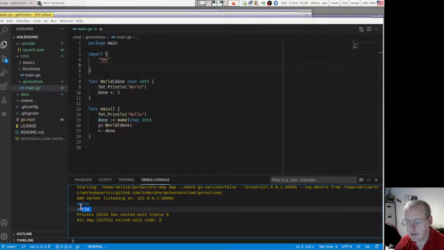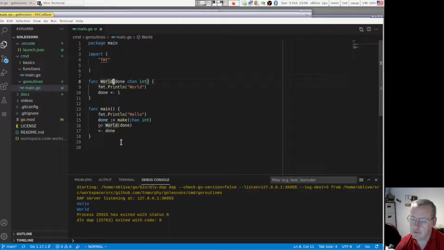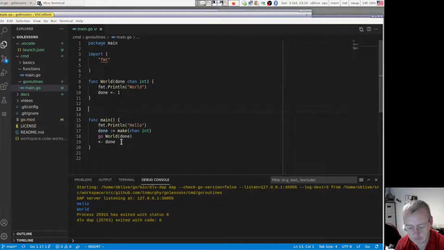Okay, we get hello world, which is what we expected. So, what would be a more useful goroutine? Well, there's a very easy example to use, which is quite simple and quite useful at the same time, which is called a ticker, which generates an event on a channel every so many seconds. So we're going to call this one, in fact let's leave that one there and start a new function. Let's call our function ticker,